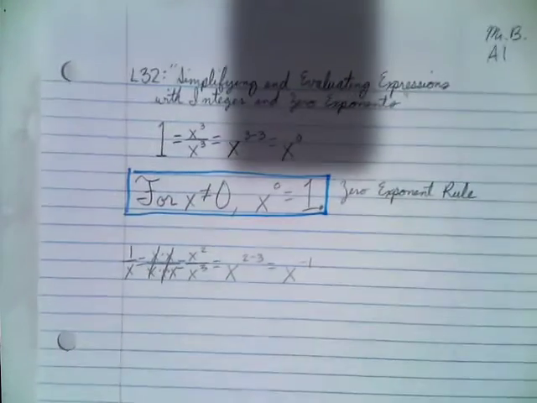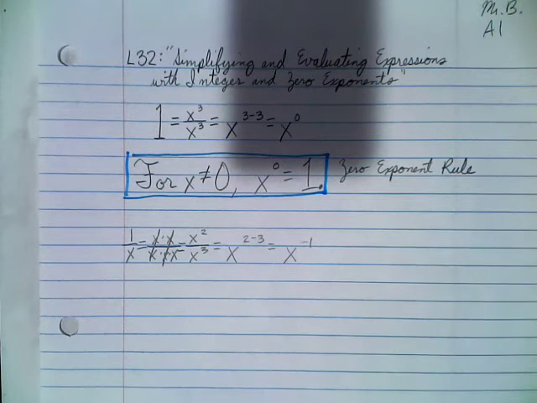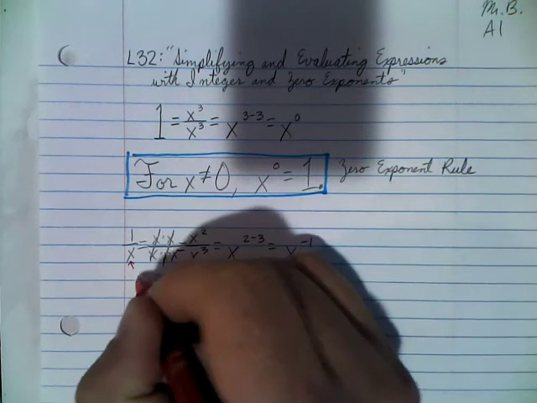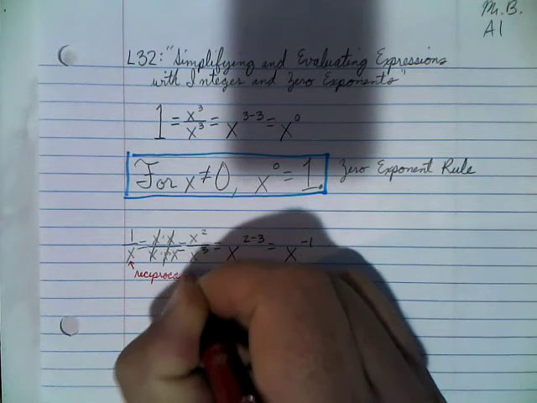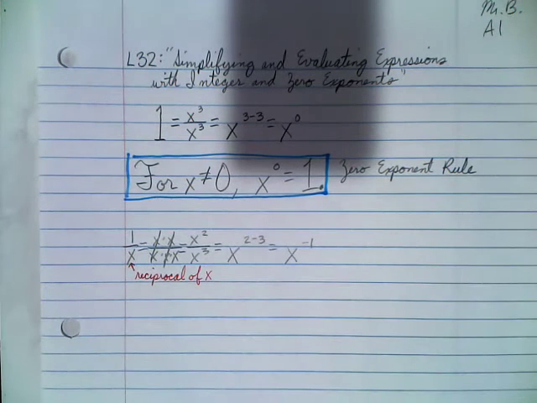So with that thinking in mind, we should see here then that 1 over x really is the reciprocal of x. So the negative first power creates a reciprocal,